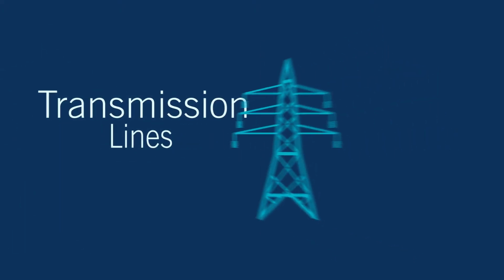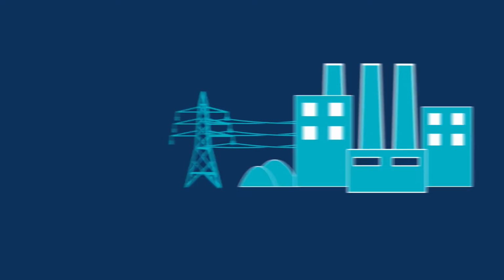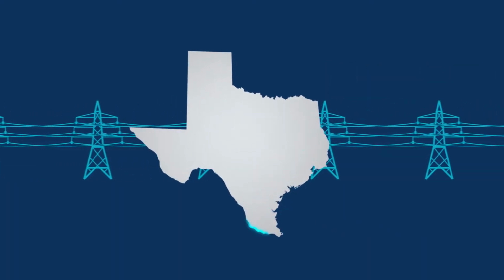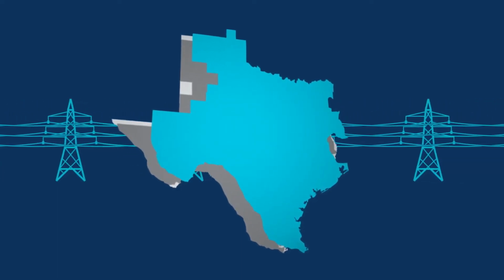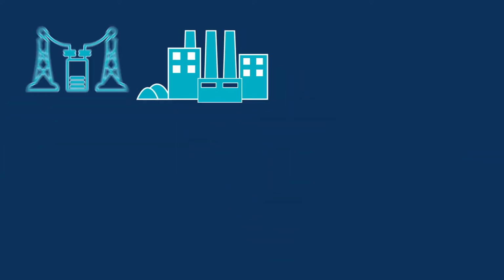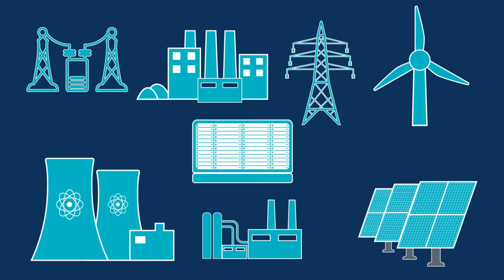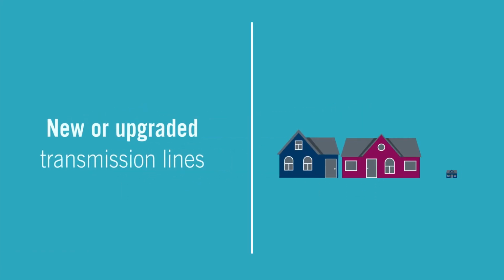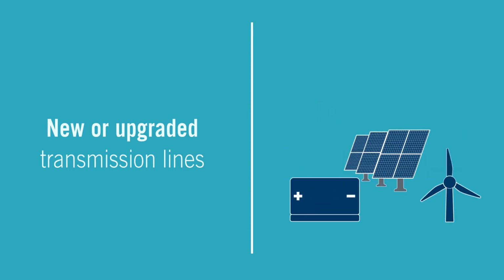Transmission lines are high-voltage power lines that are used to move electricity from power plants to consumers. These lines are interconnected throughout Texas and make up the ERCOT electric system, along with power plants, substations, and other electrical equipment. The need for new or upgraded transmission lines is typically driven by load growth and a changing generation